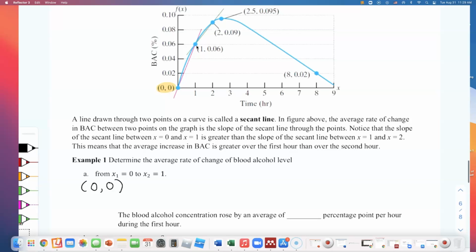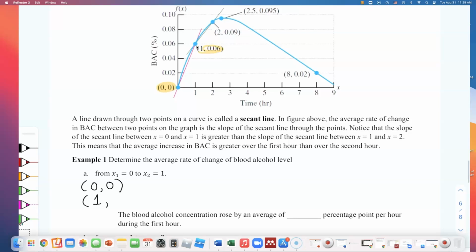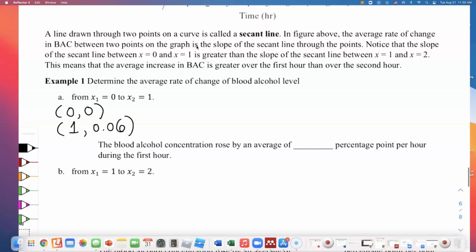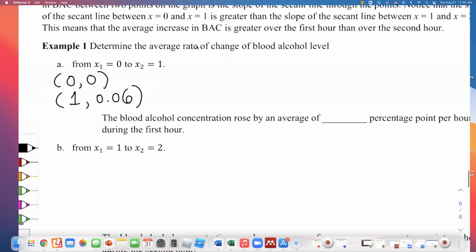What about when x is 1? When x is 1, y is 0.06. So I identify the 4 numbers that I need to work with to find the average rate of change. Remember, if you watched the first review video on the slope formula, you know how to find the slope. The average rate of change